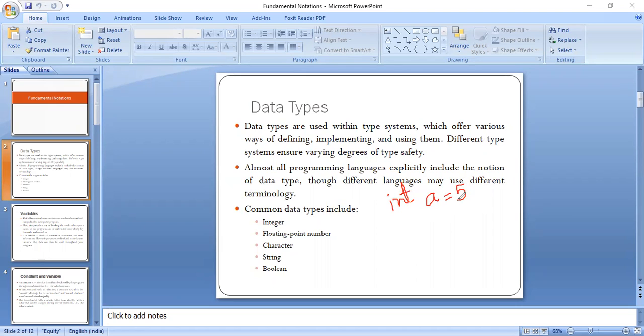So basically with this notation we are telling the compiler that we are going to use a variable whose value is 5 and it is of integer type, and the compiler will provide you 2 bytes to save the value of a, because an integer value requires 2 bytes.